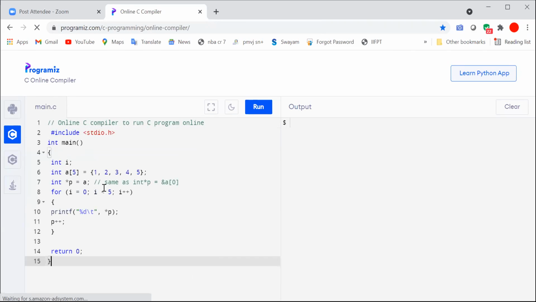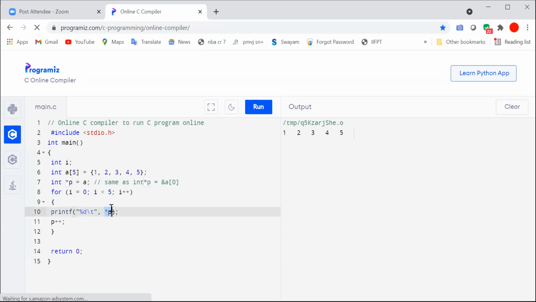Within the main program, we have an array called a of 5, and our pointer variable star p. It takes the address of array A, and the array elements are displayed by using star p, meaning content of p. So while running, we will come to know how it functions. While displaying, the content of the array is 1, 2, 3.